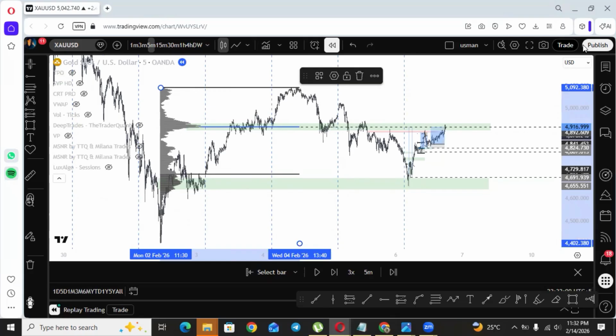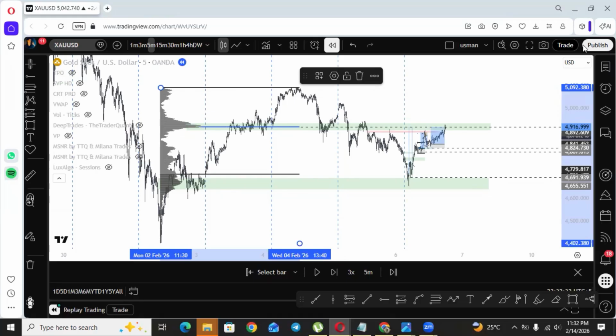3 minutes left. There is a difference between learning a thing and mastering a thing. If I tell you any strategy which has a 100% win rate, you will learn that strategy, but you can't expect the same results that I am getting from it. Why? Because you have learned that strategy and I have mastered that strategy. There is a difference between you and me. When you master that strategy, you will get the same results.